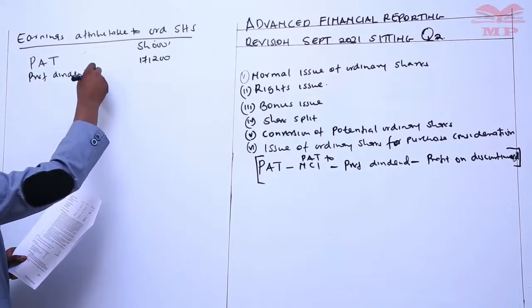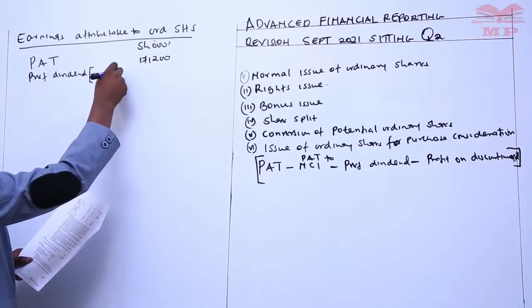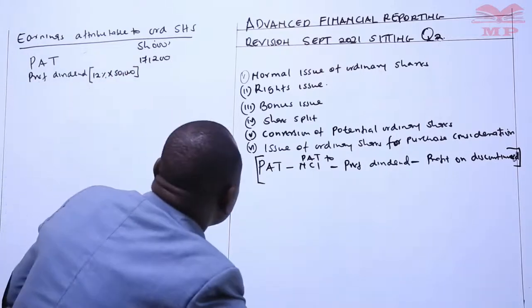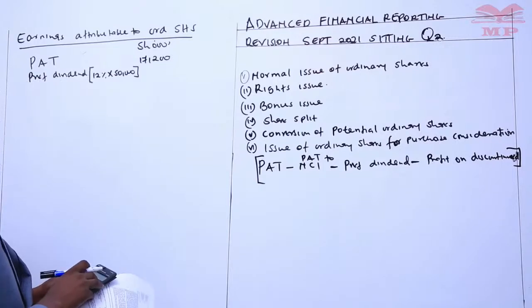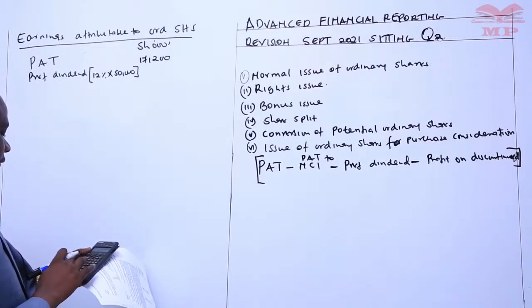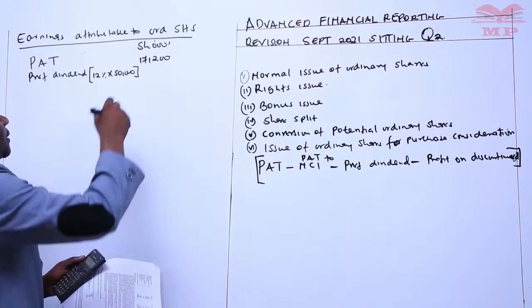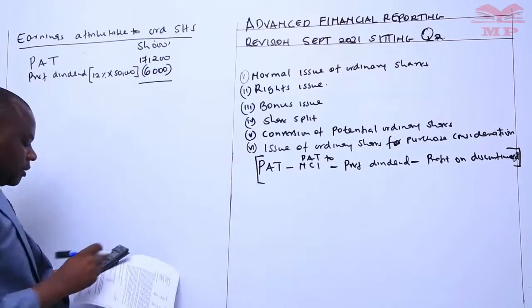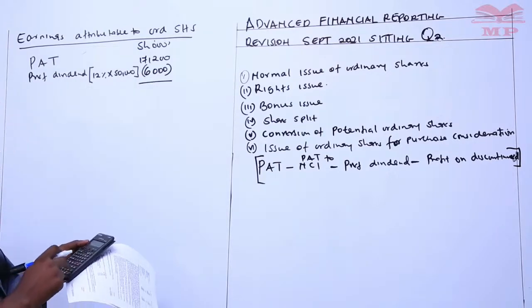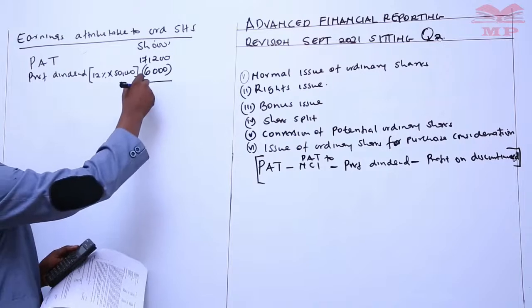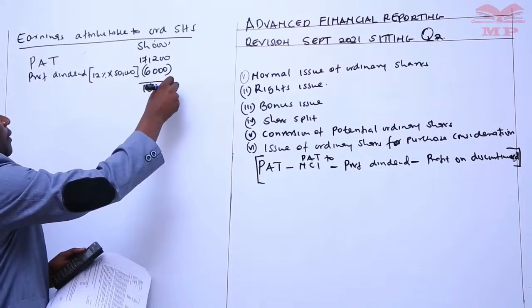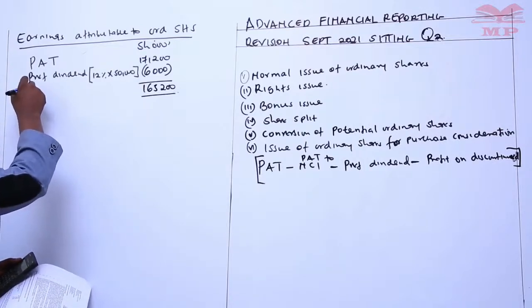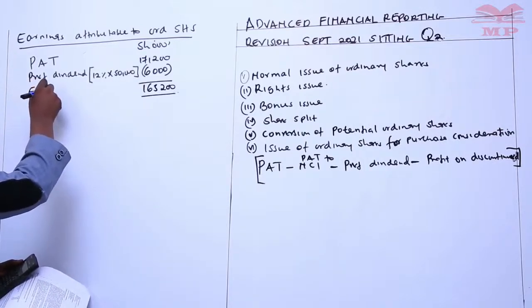12% of 50,000. That gives us 0.12 times 50,000 as 6,000. So 171,200 minus that answer is 165,200. So this is earnings attributable to